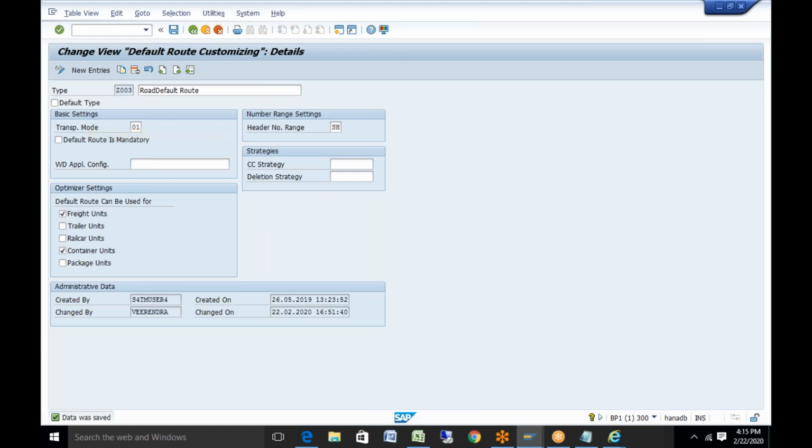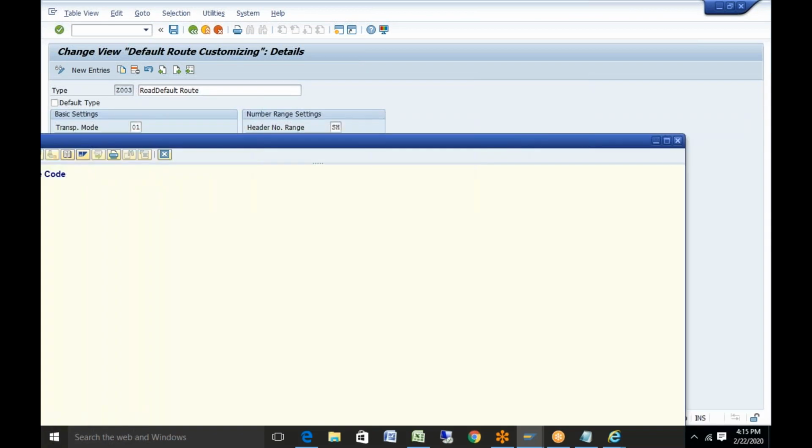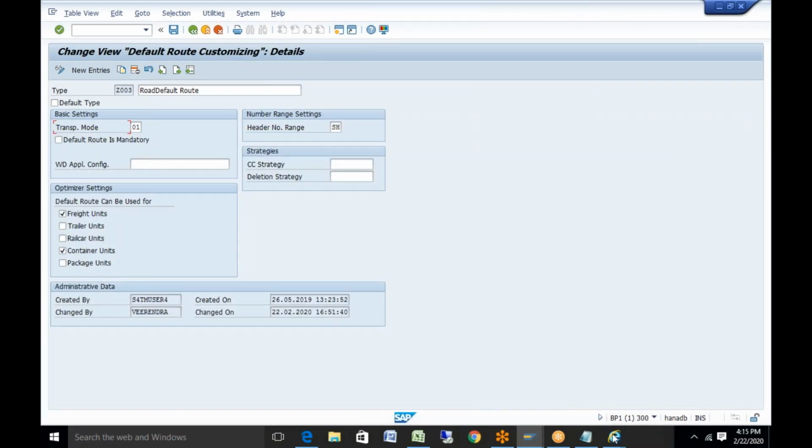See, this is just used for default. That means on a header level, whether you want to create it for a stage which is starting with a road and then the midway is your ocean and all. That is what this mode of transport indicates. Okay, it is more of a horizontal.